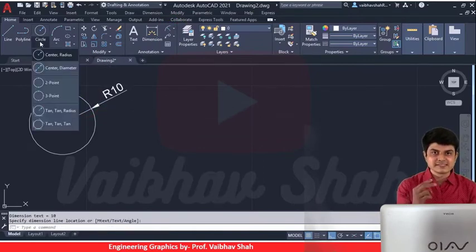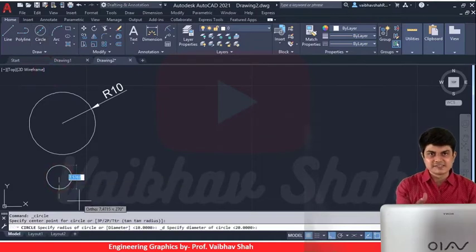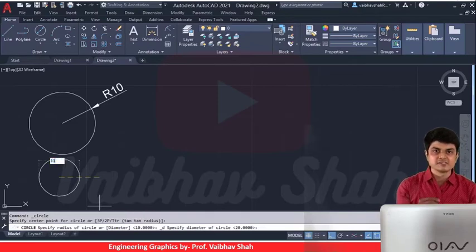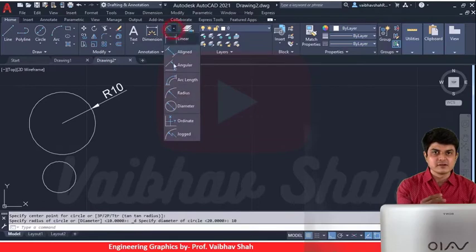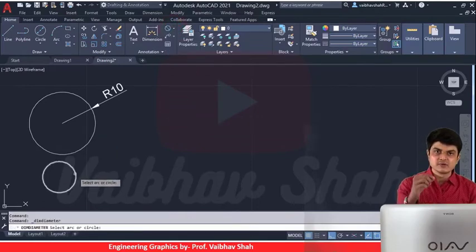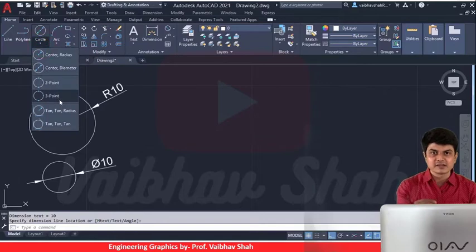Then after, let us draw a second command, so we will be having center and diameter, so center, please specify center and let us enter the diameter as 10 and press enter. You will be having one circle with the diameter 10. Let us find out in annotation the diameter. So diameter, and we'll be measuring the diameter. So here Ø is equal to 10. So that means the diameter is what? 10. Now the next one we'll be learning about is a 2-point circle and 3-point circle.